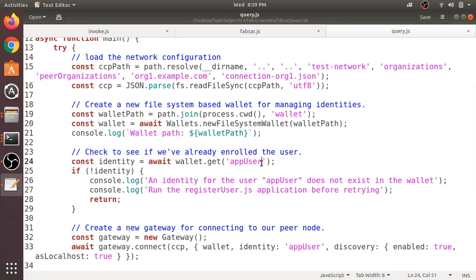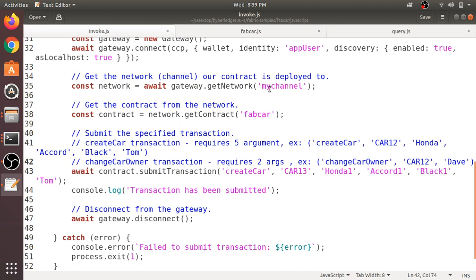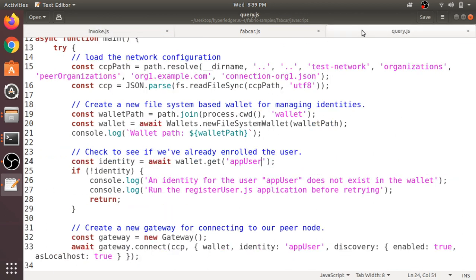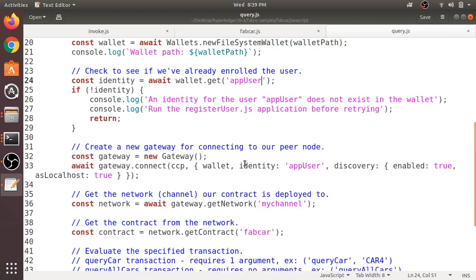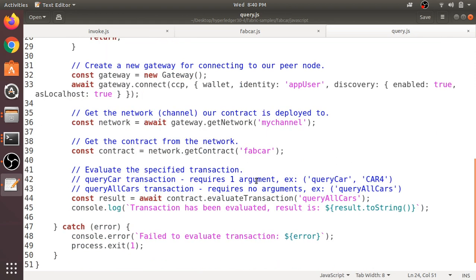So if two users are available, you can input the identity of the first user in invoke.js, and the identity of the second user in query.js. Since both of the users are admitted by the admin, they both can access data from or insert data into the channel.